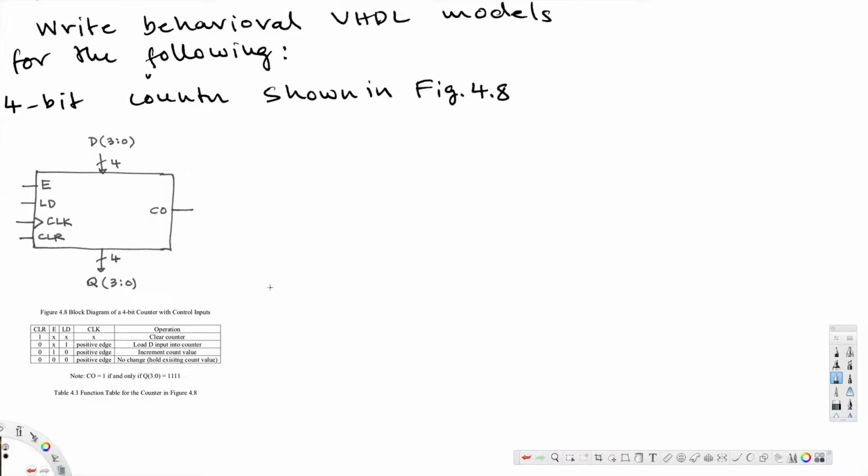First, we are going to use std_logic, so we have to import library IEEE, then after that we are going to use IEEE.std_logic_1164.all,